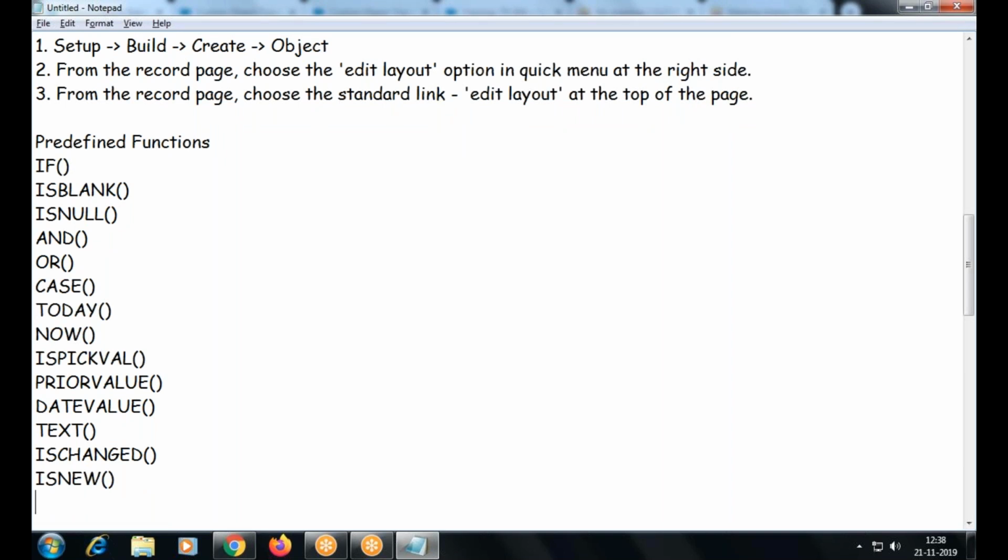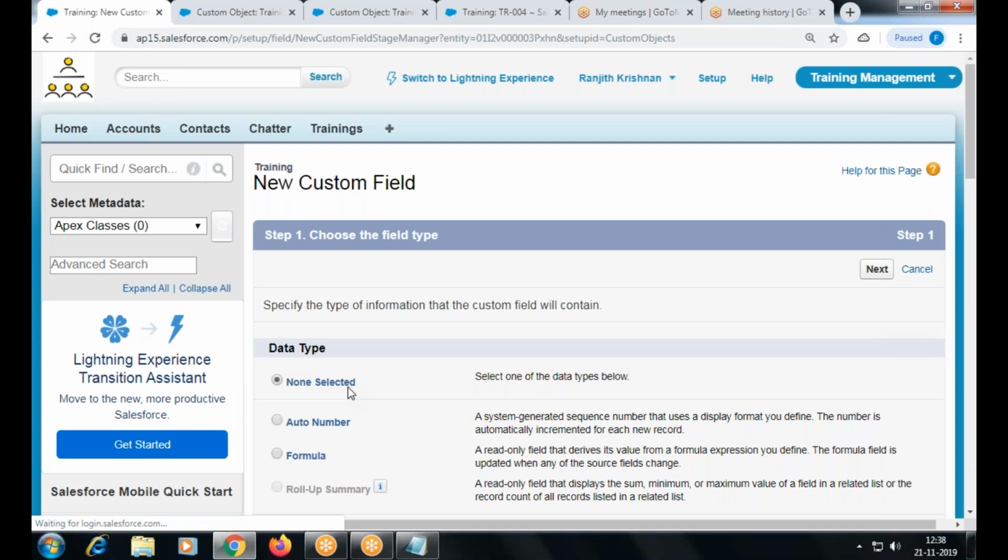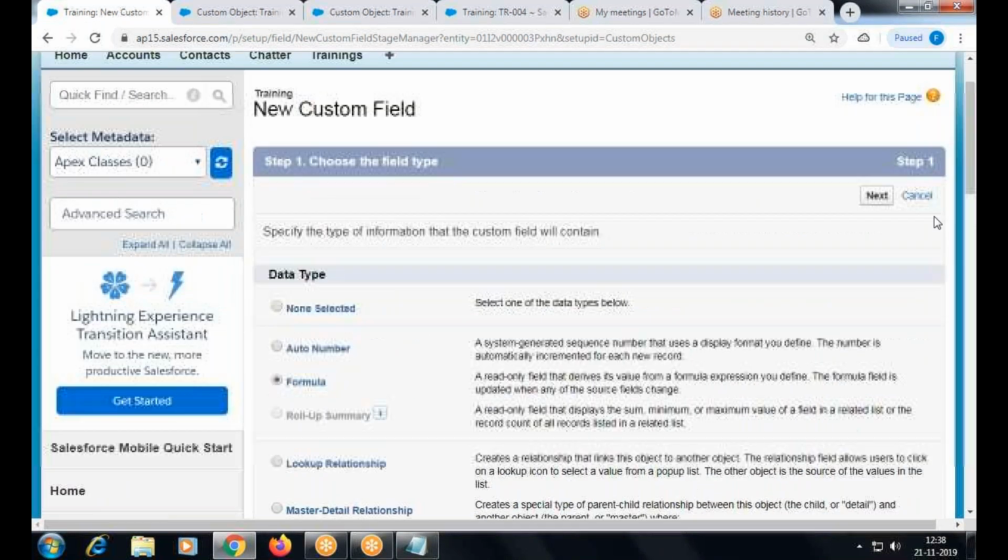Okay: is blank, is null, and, or, case, today, now, is equal, prior value, date value. Formulas.